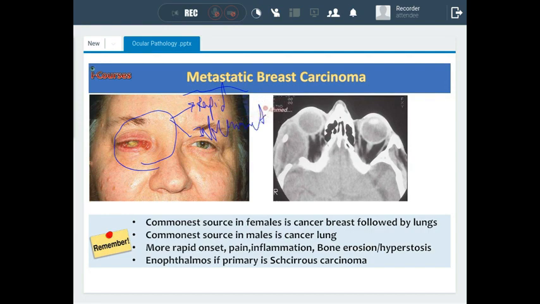So they present with a picture that is inflammatory in nature, not tumor in nature. And they can present with bone changes. These bone changes can be either bone erosion or hyperostosis, as in the case of metastatic prostatic tumors. So these patients can present with bone lesions, such as bone erosion or hyperostosis, with inflammation, and with rapid onset. And the fourth feature that's suggestive of metastatic tumor is the presence of